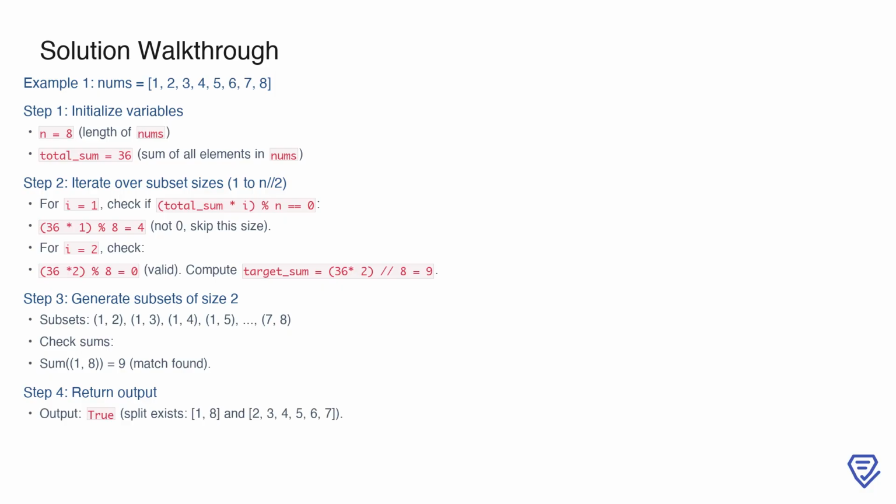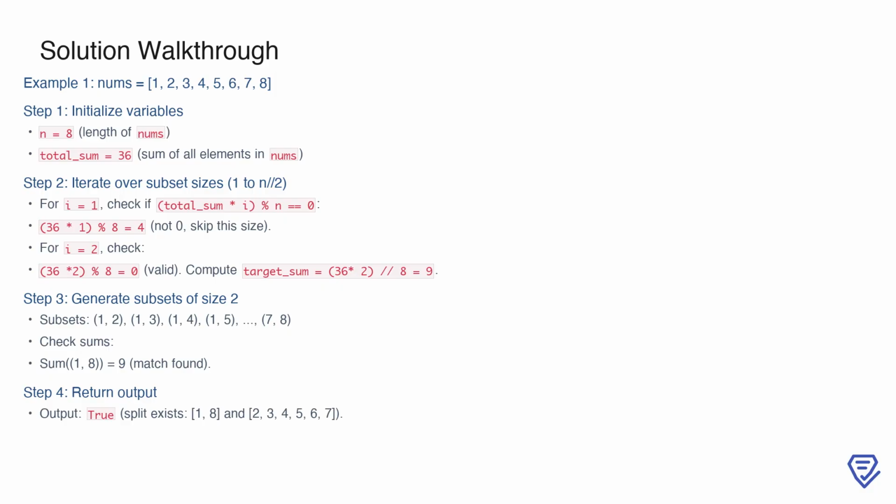For a subset size of 1, we check if multiplying the total sum by the size and dividing by n results in a whole number. Specifically, 36 * 1 % 8 equals 4, which is not 0, so this size is skipped. Moving to size 2, we find that 36 * 2 % 8 equals 0, making it a valid candidate. From this, we calculate the target sum for subsets of size 2 as 36 * 2 / 8, which